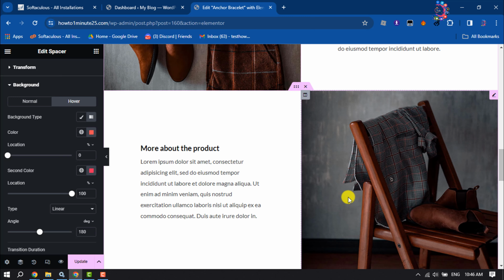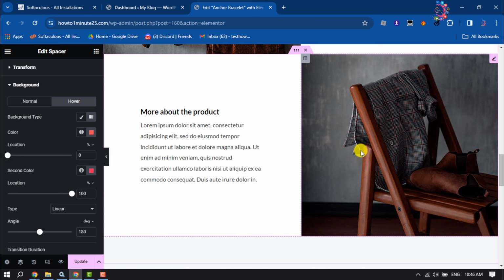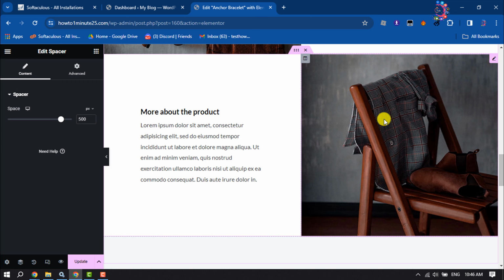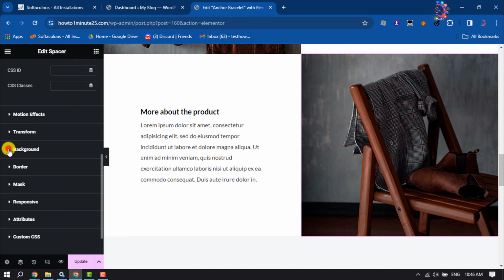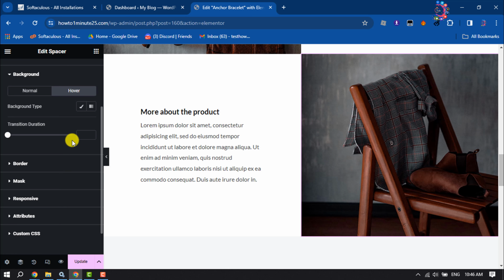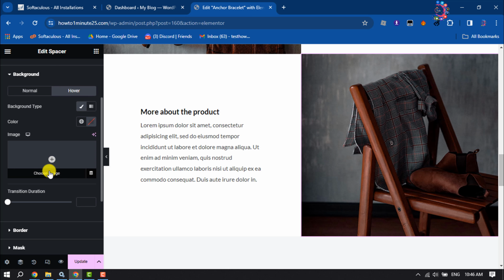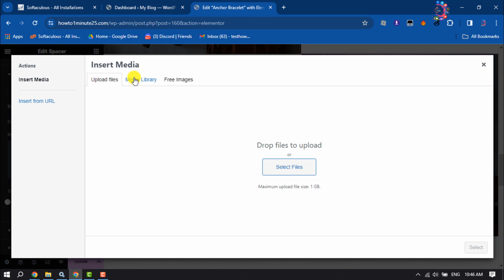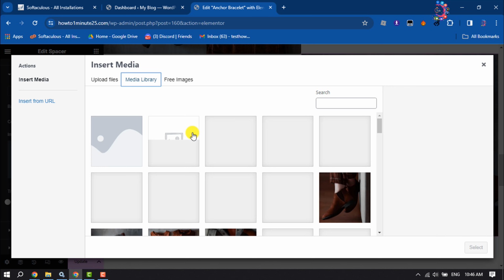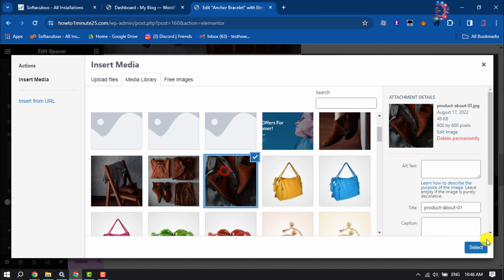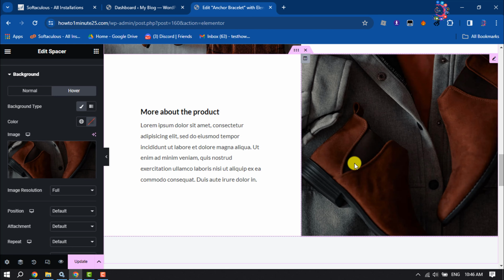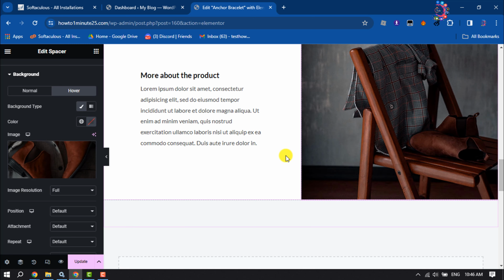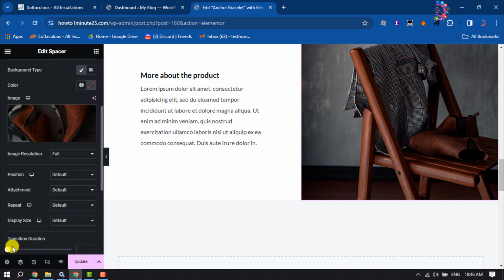And now let's add a different image for hover. So clicking on this pencil icon to edit this image, going to Advanced section, scroll down and click on background, hover, and click on classic. Click on choose image, and I'm going to select an image from my library. Now let's hover over this image. As you can see, after hovering over, the image is changing, and you can change the position and you can